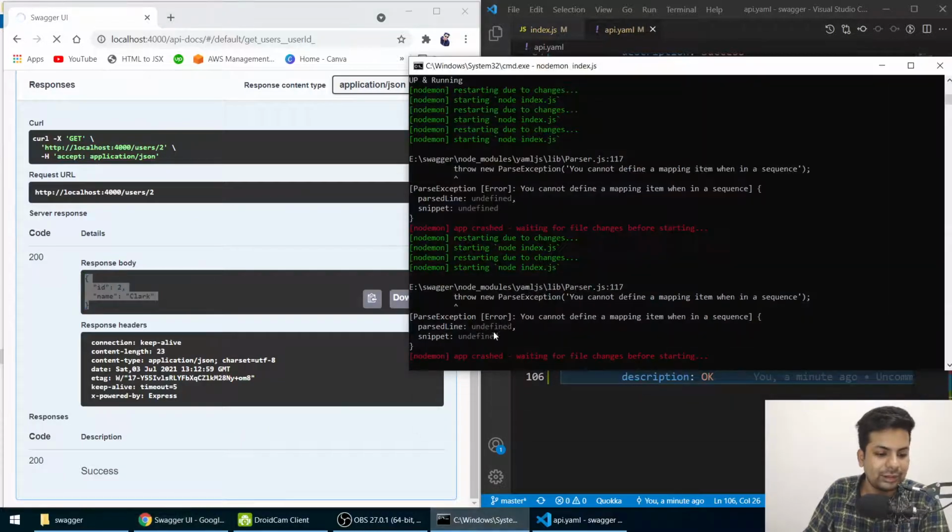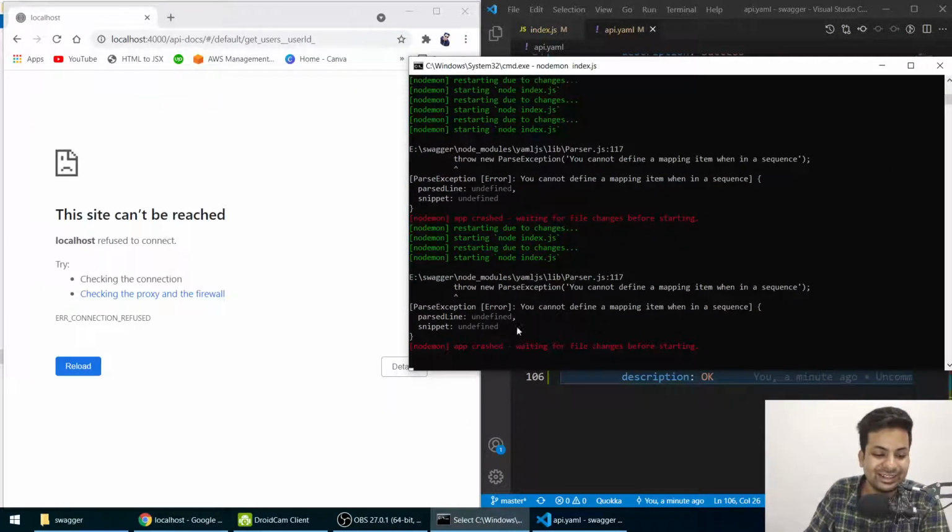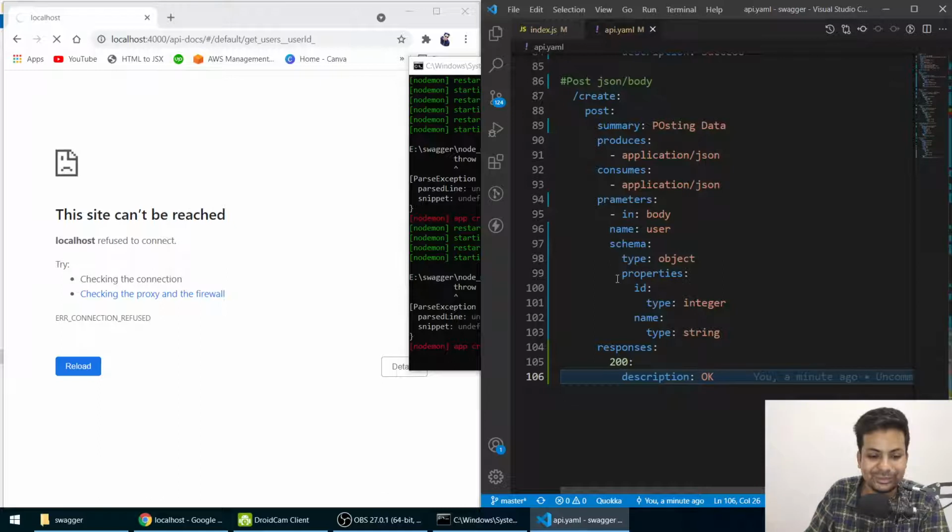Okay, there's some error again, indentation error. I mean, what should I do? Every time there's an indentation error. Summary post, produces application/json, consumes, parameters in body, name, schema, type, properties, ID type, name, responses.